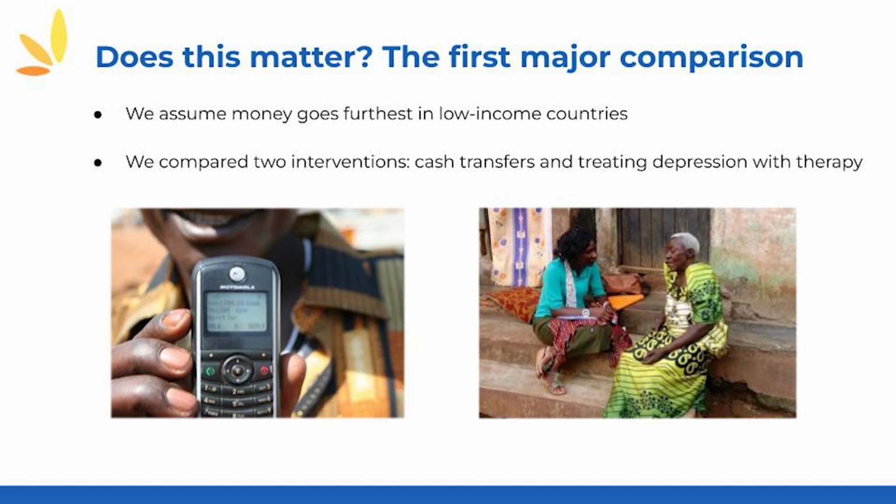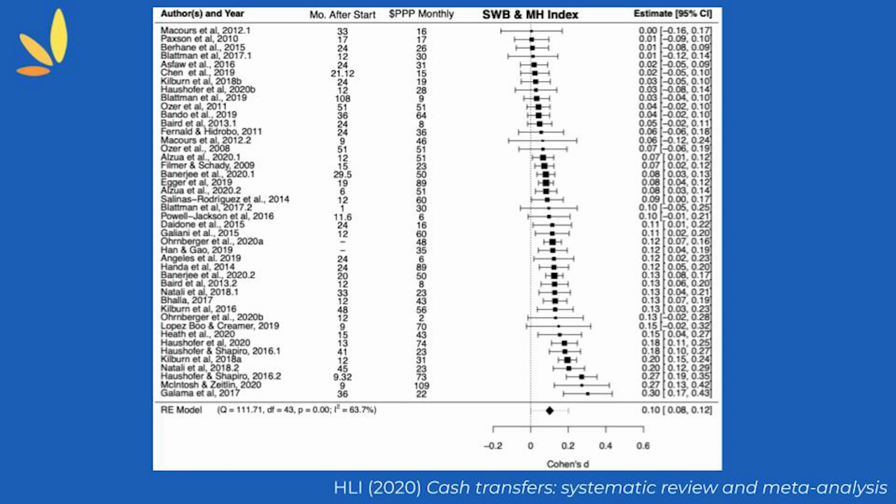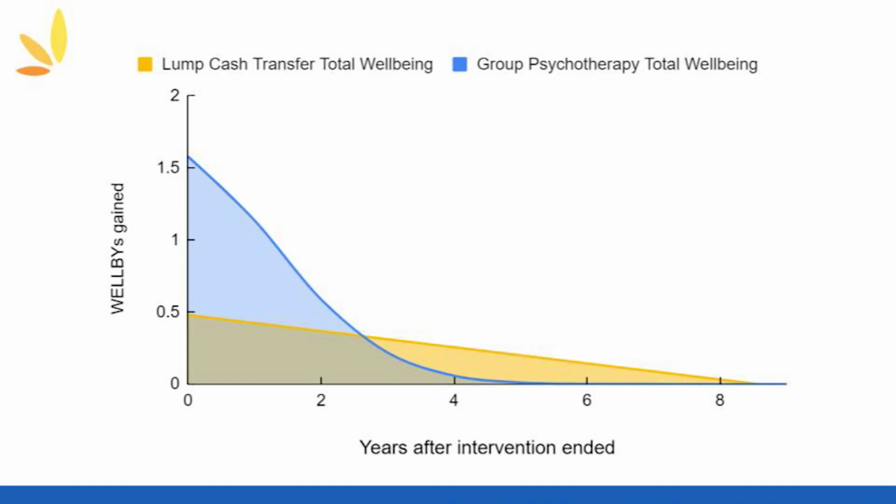And notice, if you were comparing, it wouldn't really make sense to compare in terms of income. That's not the value of having your depression alleviated. You could measure it in terms of health, but that's not really the value of having your poverty alleviated. But if you measure it in terms of people's well-being, you can compare them indirectly in terms of the units which matter. So it doesn't make a difference.